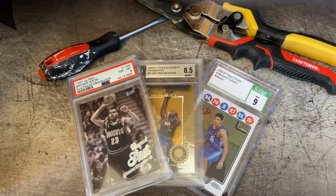So if you did want to skip ahead to just the cracking, feel free. I want to put chapters in this so you can skip ahead to PSA, BGS, CSG, whatever you're looking to crack out. But I did want to first go over the reasons why you might want to crack your